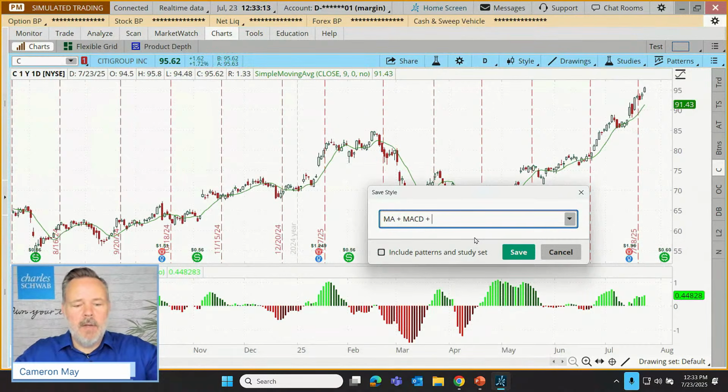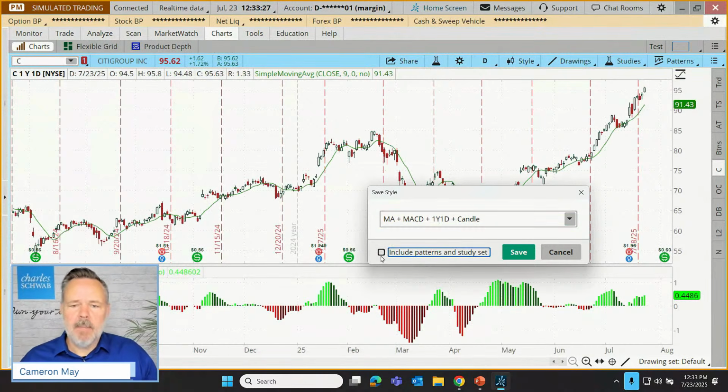It's a 1-year daily chart. Plus it's a candle. Anyway, I'm just describing to myself what this style looks like. I can check the box here that says include the study set, so I can save all of the elements of the chart right there.